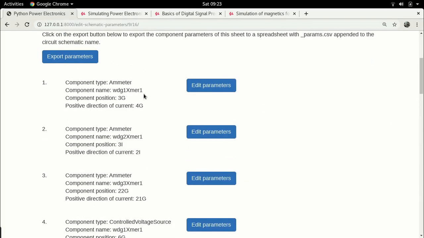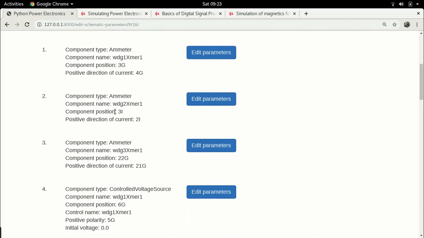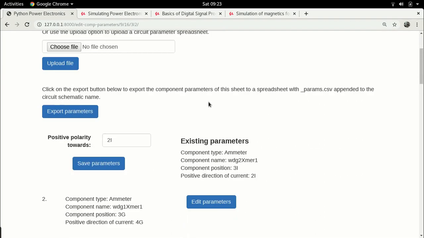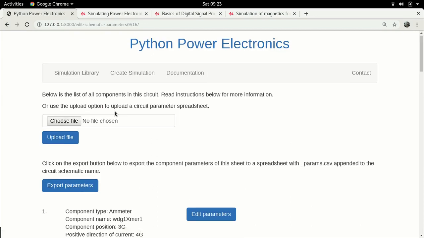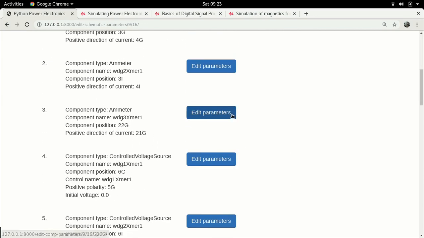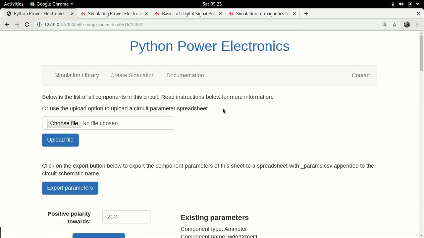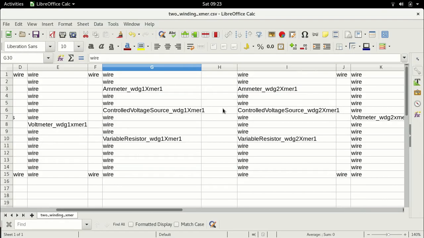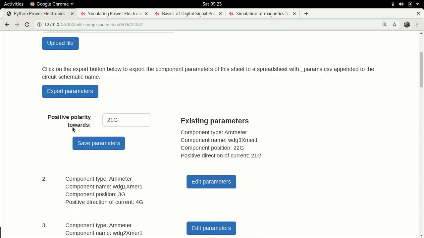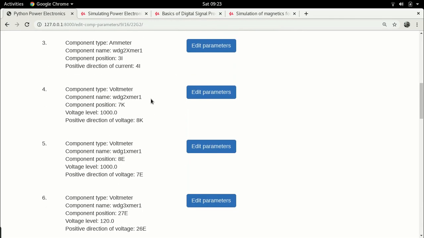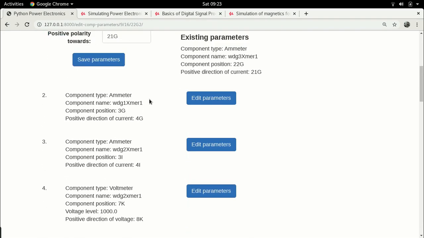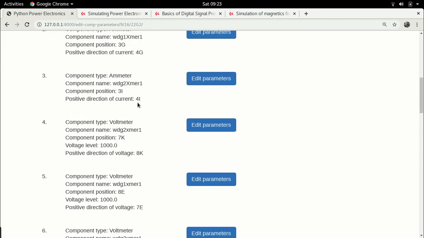So winding 1 stays as it is, that is current flowing downwards. Winding 2 will change. The current will go back downwards. So we will make this 4i. And the same here as well. Winding 3. Now winding 3, however, actually let's cancel winding 3. I will do it later. So let me look at winding 3 at a later stage. So instead, let's jump to